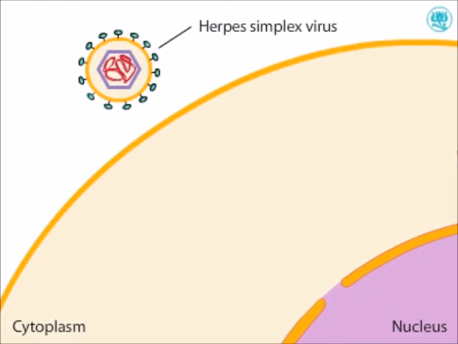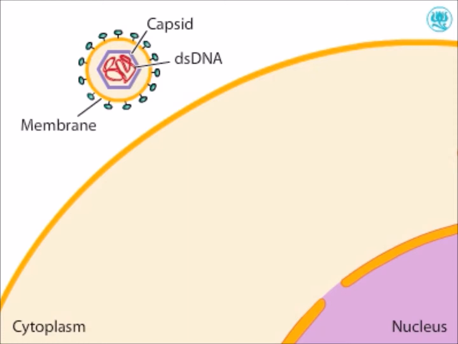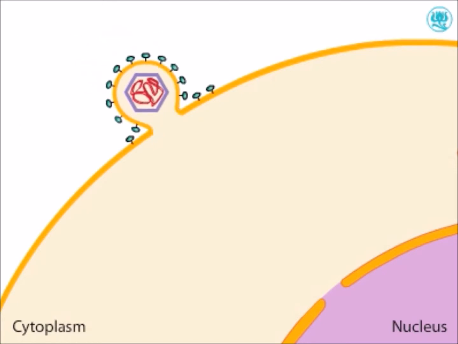The herpes simplex virus has a large double-stranded DNA genome that carries the genetic information for the synthesis of over 100 polypeptides. A protein capsid surrounds the DNA, and a phospholipid membrane surrounds the capsid. The virus has elaborate glycoprotein spikes that allow it to recognize, bind to, and fuse with a few cell types